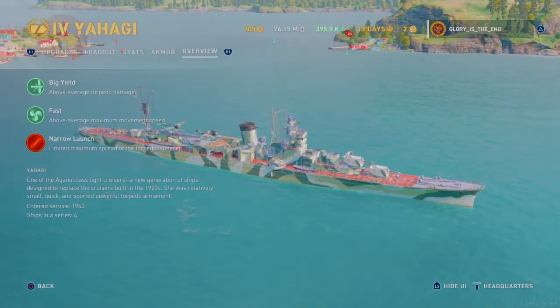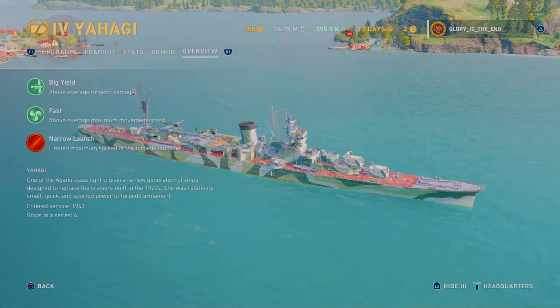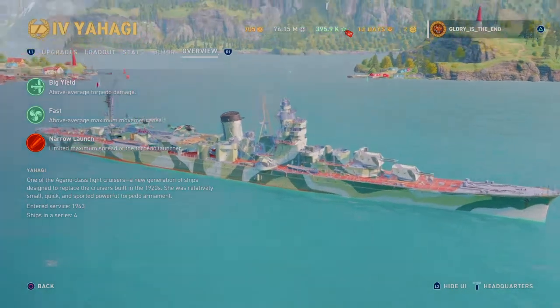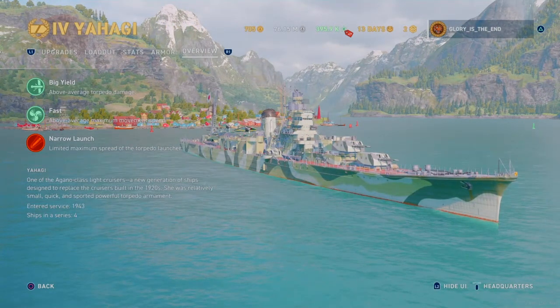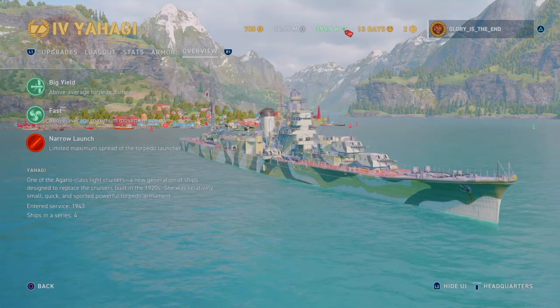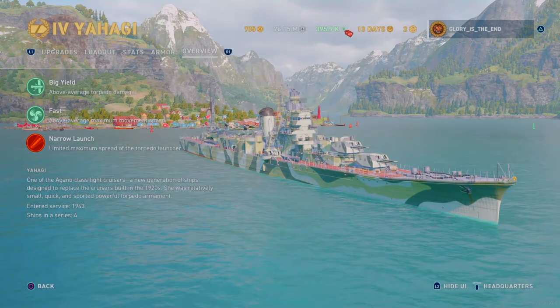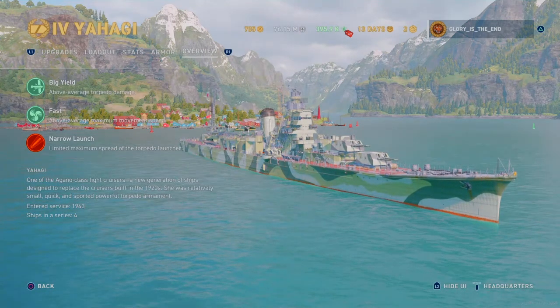Alright, so let's have a look at the Yahagi now. So big yield, above average torpedo damage. Now I believe that's also really because of the amount of torpedoes she has, but we'll have a look at that. She's fast, above average maximum movement speed. Nice. Narrow launch, limited maximum spread of the torpedo launcher. Now that actually sounds like a good thing to me because I like my torpedo spreads to be quite narrow,